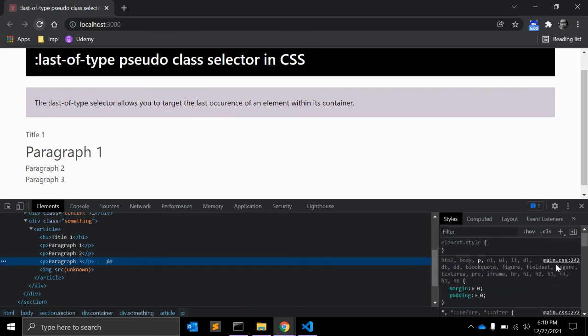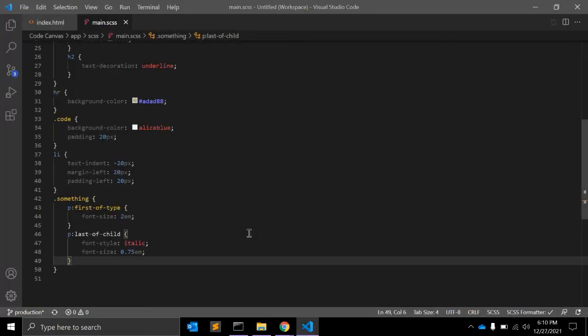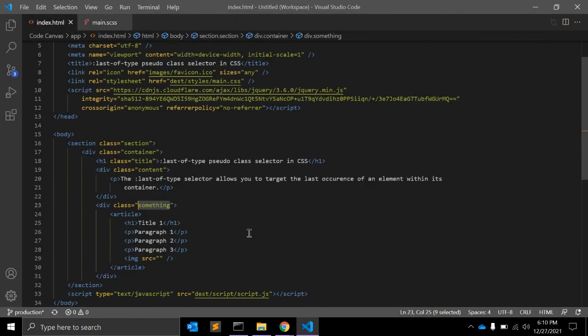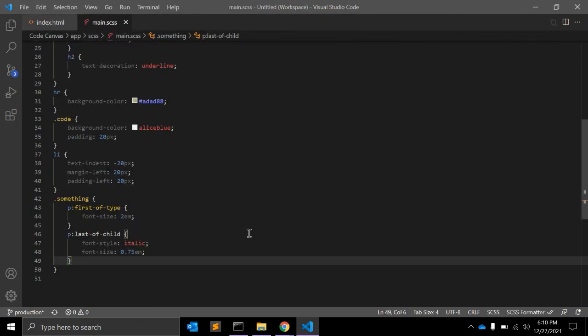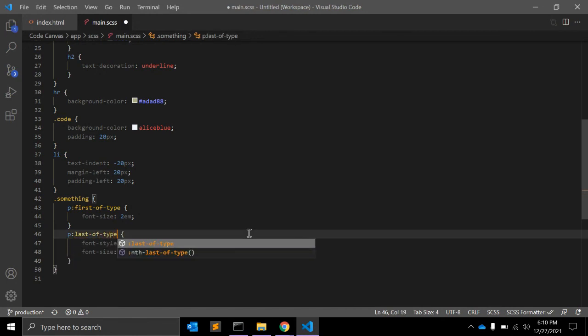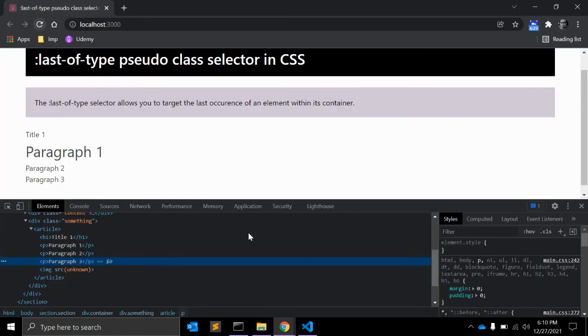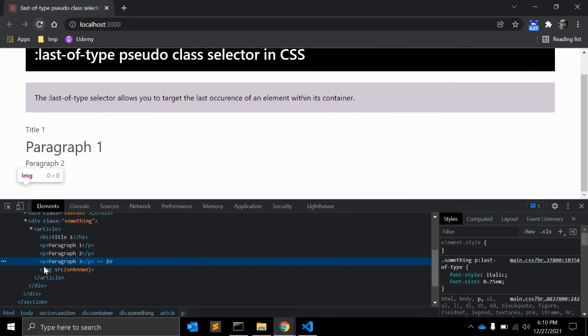It is not applying. Something is wrong here. Let's check again. p:last-of-type. The class name is also there, and last-of-type. Sorry, it should be last-of-type, not child. So it will select this last paragraph. Yes, the last paragraph is there.